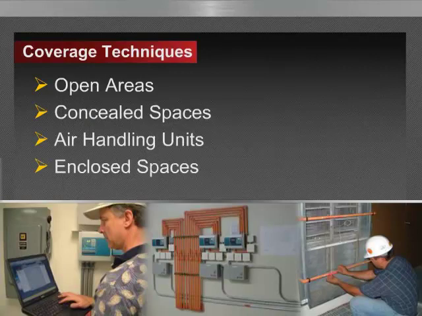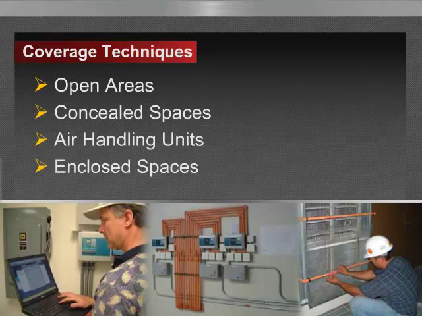And finally, the designer must take what's been assessed and apply an appropriate coverage technique to effectively protect each area. Air sampling networks are designed and installed to monitor the total room for smoke concentration, not simply an area within a larger space. And this requires that air samples be continuously drawn from the ceiling, within concealed spaces, such as above ceiling and below raised floors, along air distribution paths, and within fully or partially enclosed spaces, such as containment aisles and/or equipment racks and cabinets.